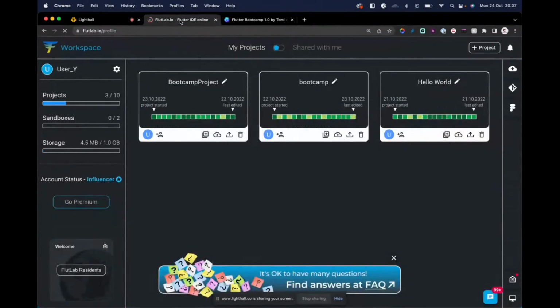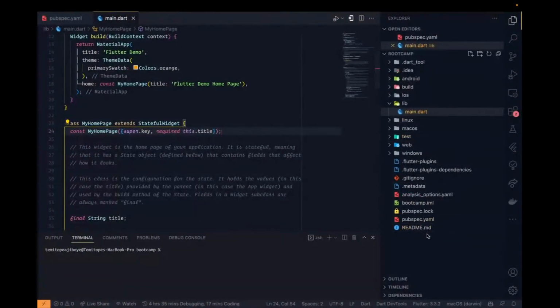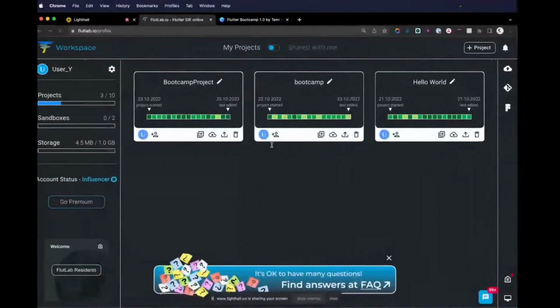Okay, so welcome to day 3, and today we're going to explore the Flutter project. Yesterday we talked about the pubspec.yaml file as the configuration for our project. We talked about the main.dart, we talked about the library, we talked about all this stuff. So if you have not seen that video, you can watch it again. But today we are going to be talking about what is widget